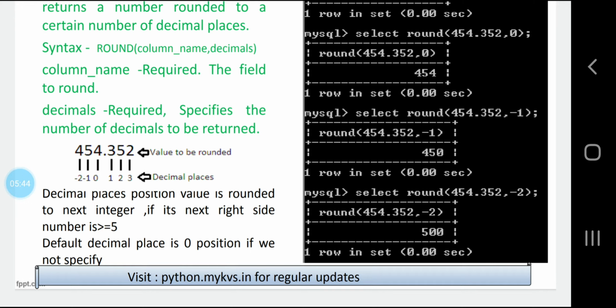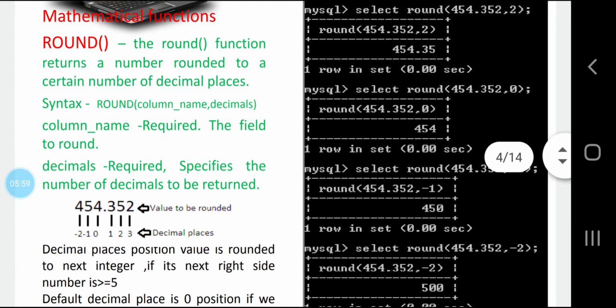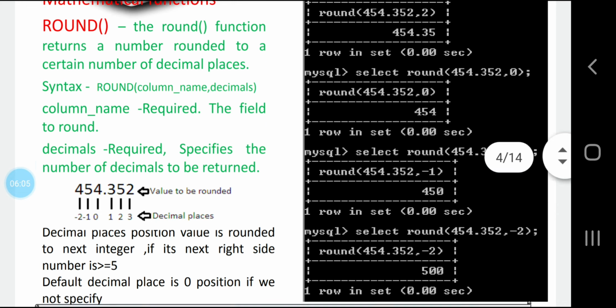The default decimal place is position 0, which means if you don't specify any value, it will work with 0. So this is the round function, used for rounding off to a certain number of decimal places.